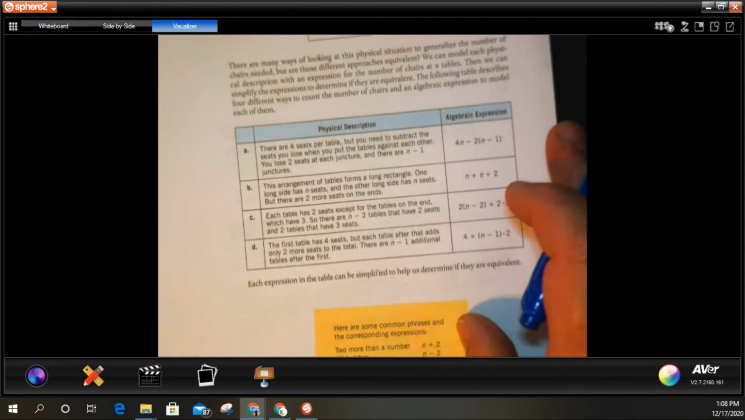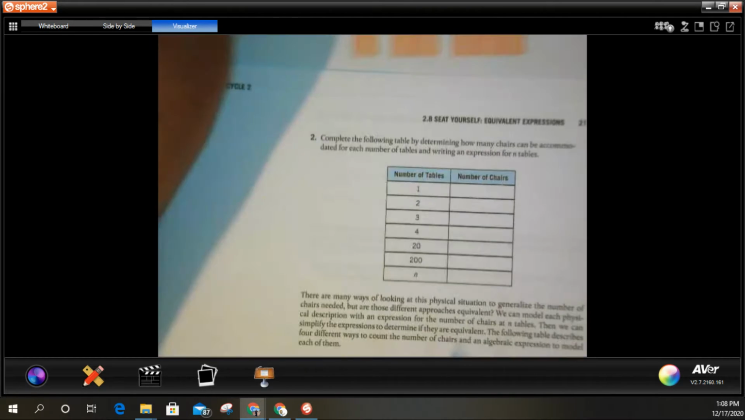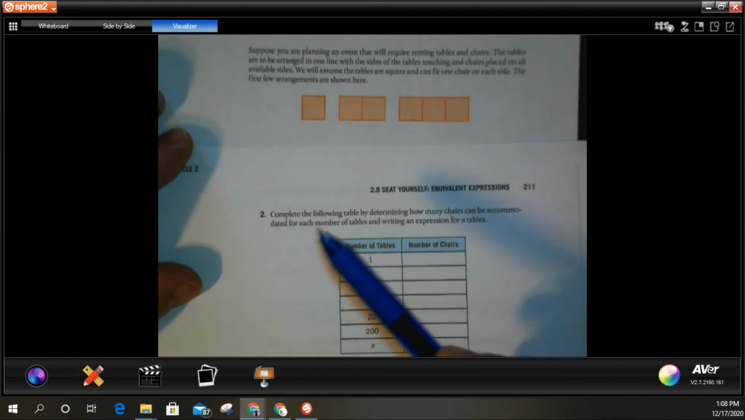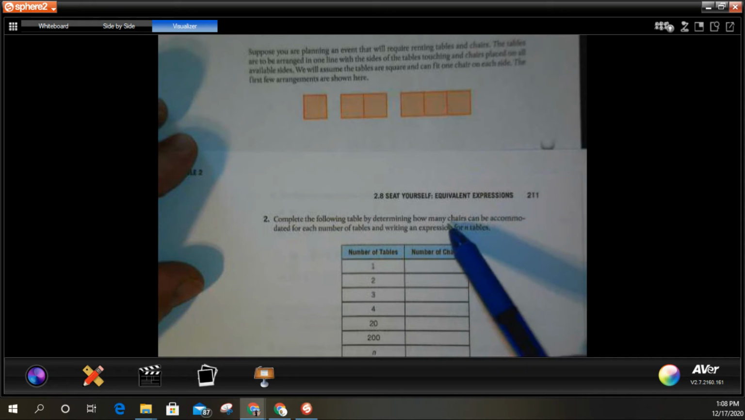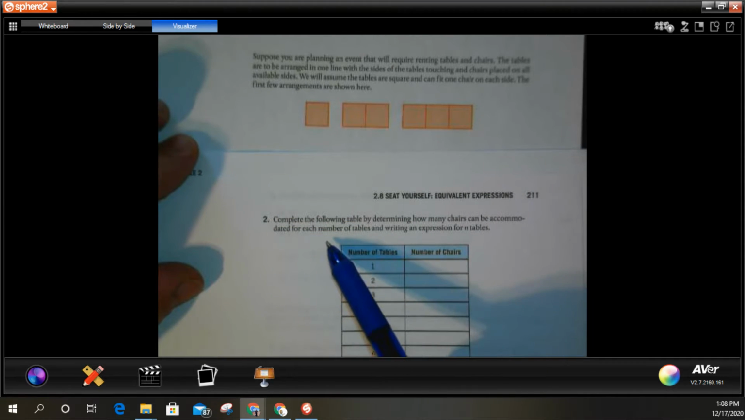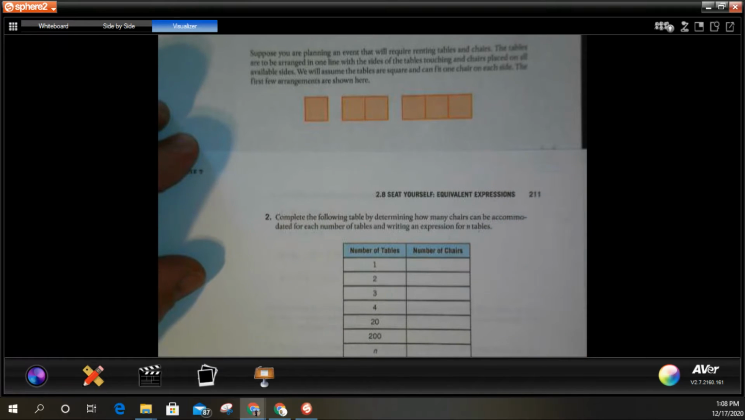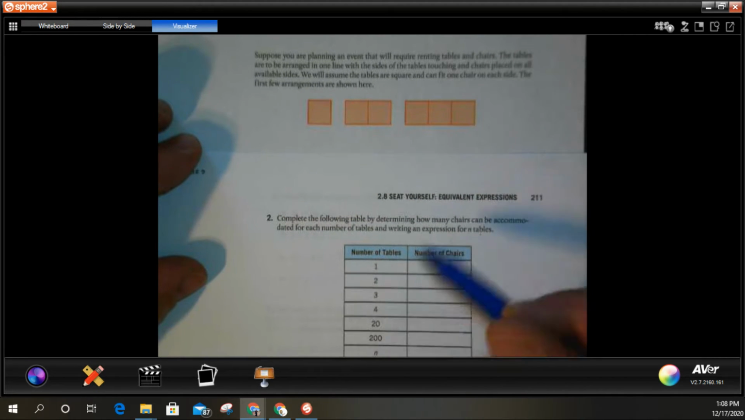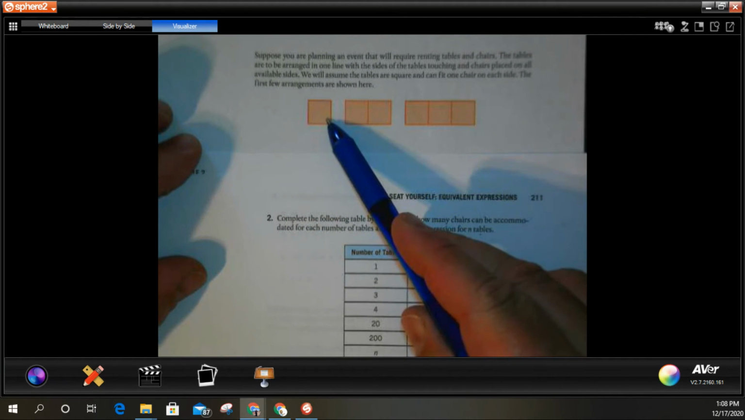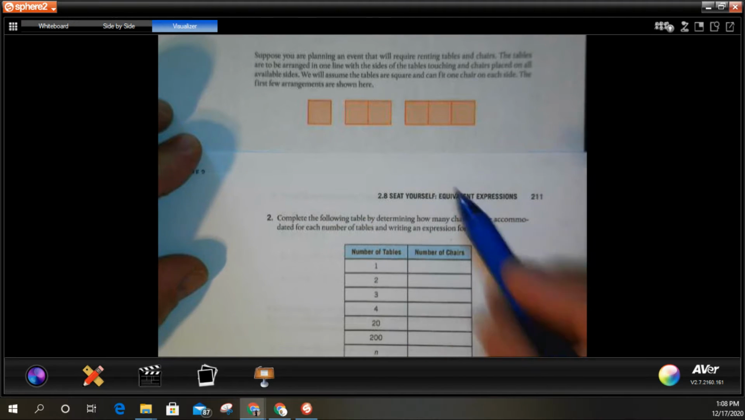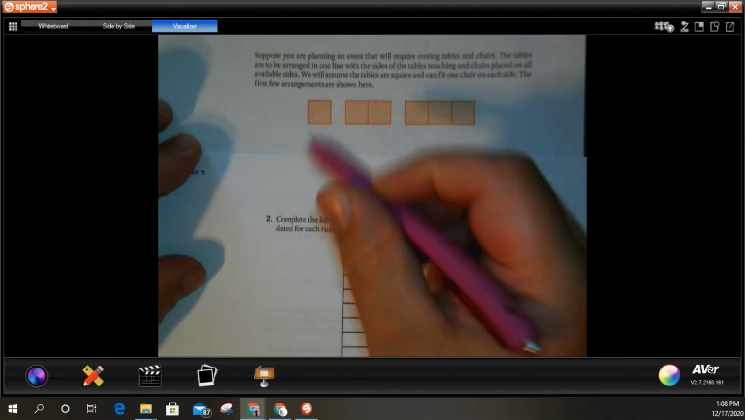So I'm going to have to use this picture to answer number two. Okay, complete the following table by determining how many chairs can be accommodated for each number of tables and writing an expression for n tables. Okay, so here I have a number of tables. There's one, number of chairs, I can put one on each side. Gives me four. If I have two tables,